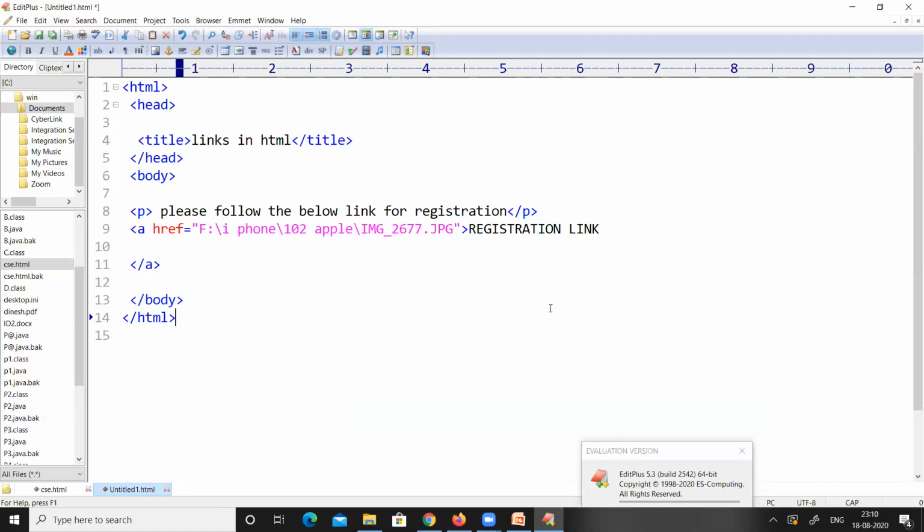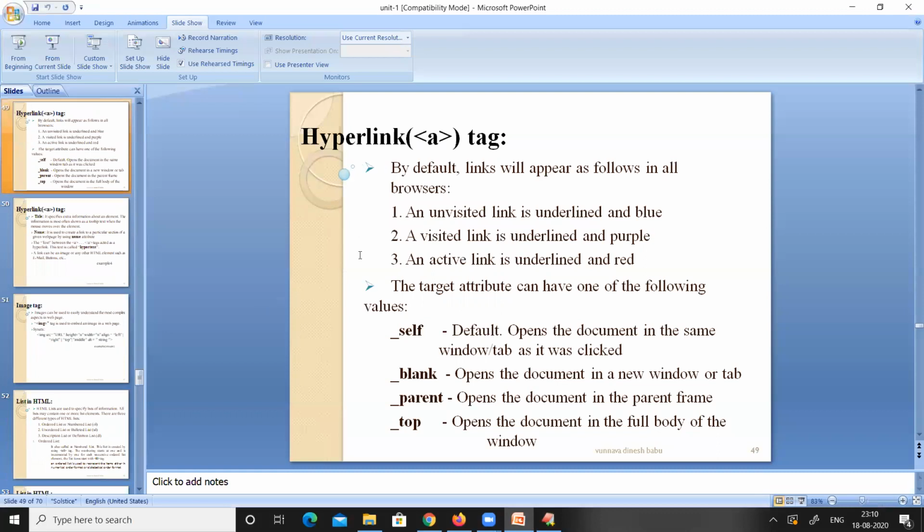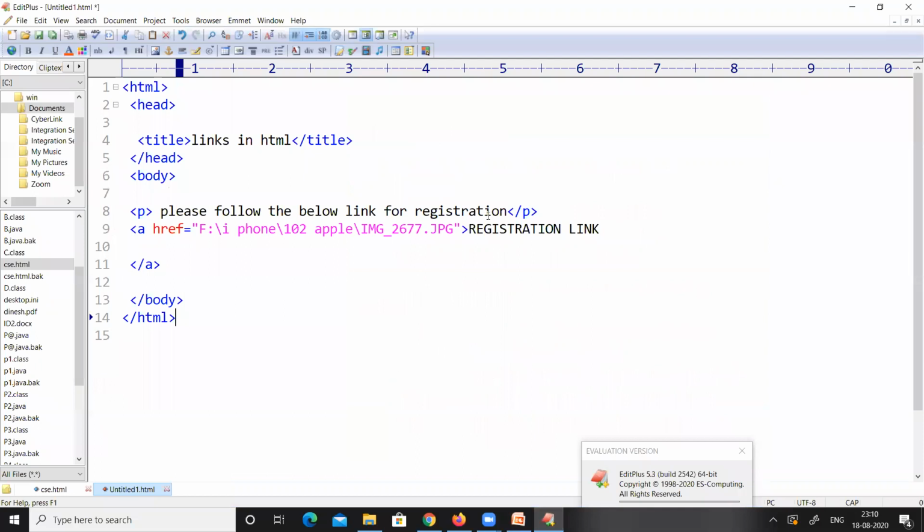Why will it be blue? We have already seen that an unvisited link is underlined and blue. So initially this registration link will be blue because it was never visited.